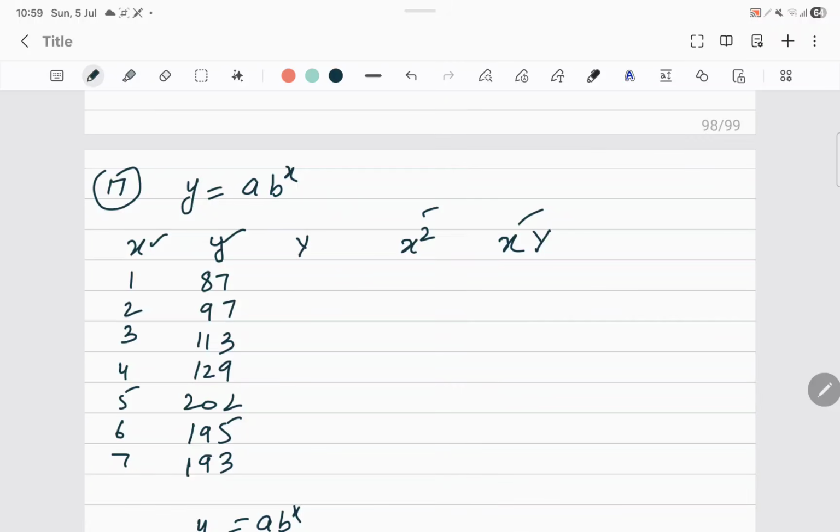Now my equation is what? a b to the power x. So let me check whether I have this or not. So a b to the power x is there. So I have picked up that and I got the answer. a is equal to 73.7 and b is equal to 1.688. Correct. So the final answer now I have.